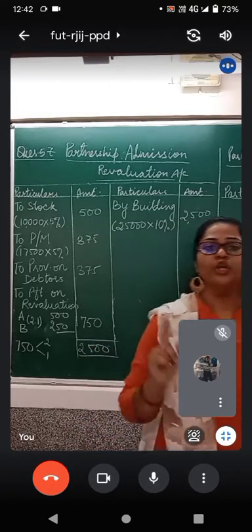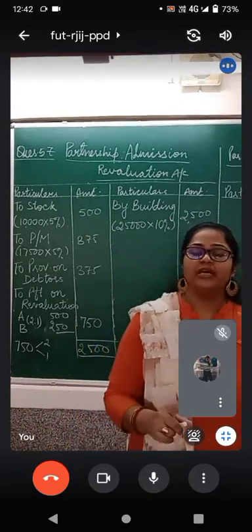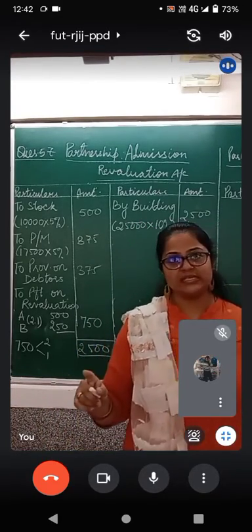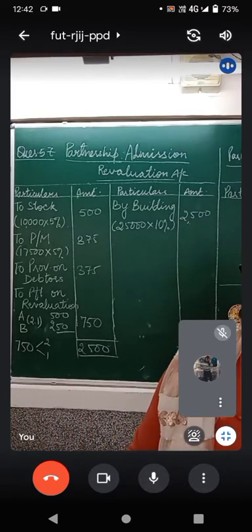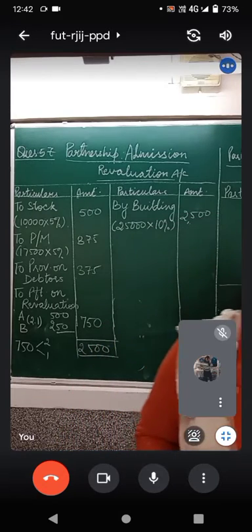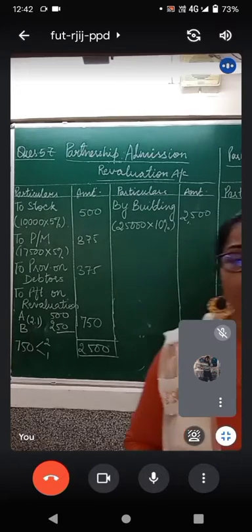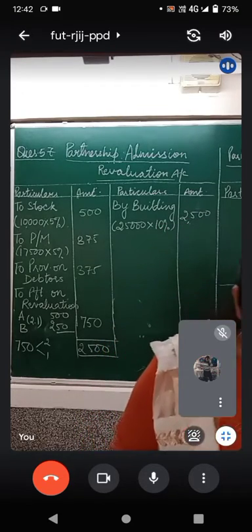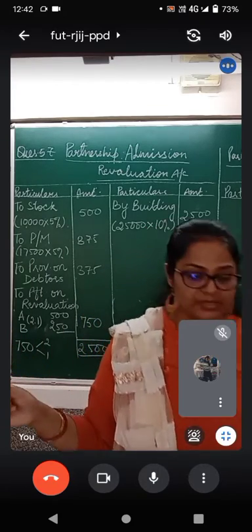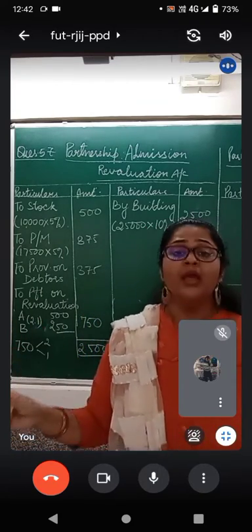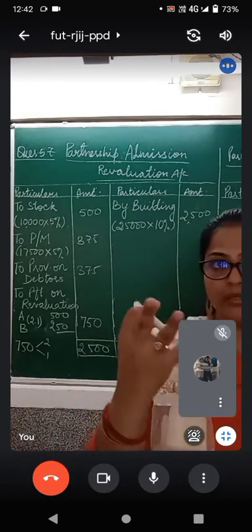Cash account debit to C's capital account. Do the journal entry. Cash account debit to C's capital account with 7500. Also, premium for goodwill account. Now C's premium for goodwill, how much is it? It is rupees 3000. So C's capital account will be credited with rupees 7500, which is his capital, and premium for goodwill account, which is rupees 3000.